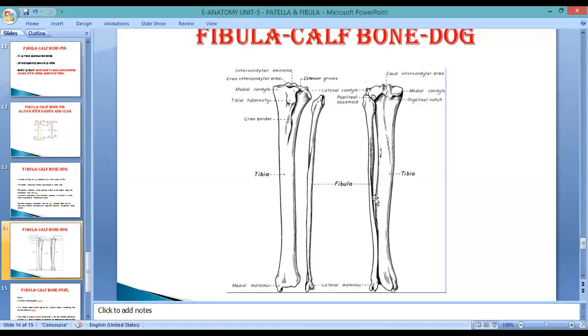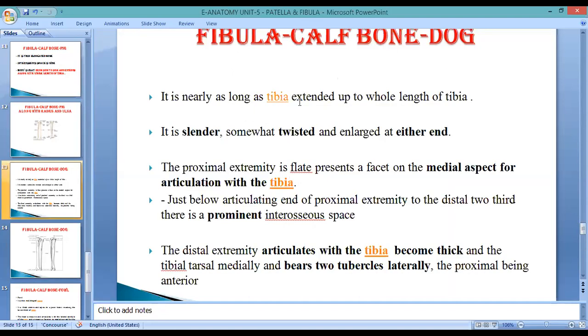This gap is the interosseous space, and it extends up to the distal two-thirds only, and this one-third part is fused, or we can say there is a little space between the tibia and fibula. This is also known as the tibiofibular arc or well developed proximal interosseous space. So you see here, this is as long as the tibia. We already discussed because it extends